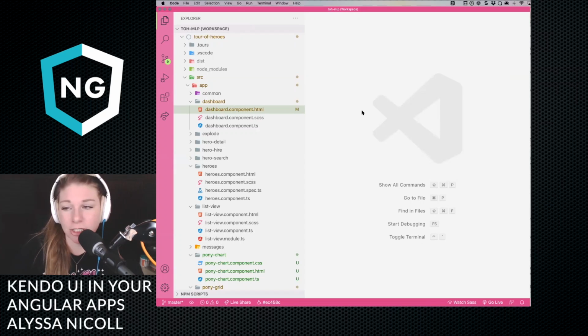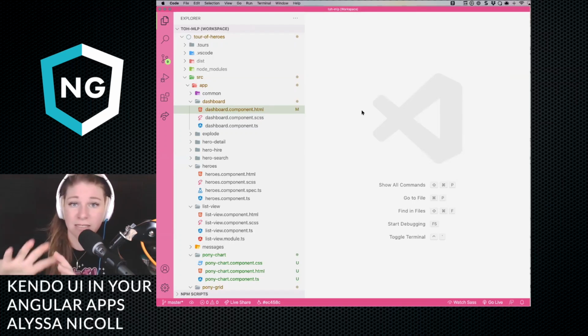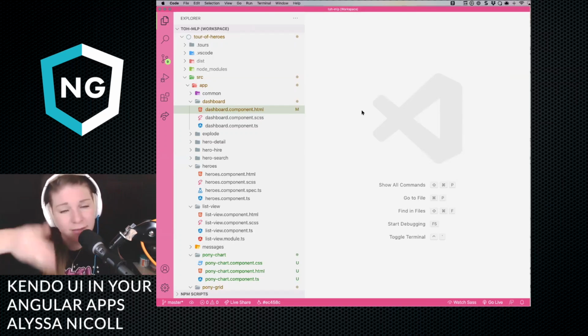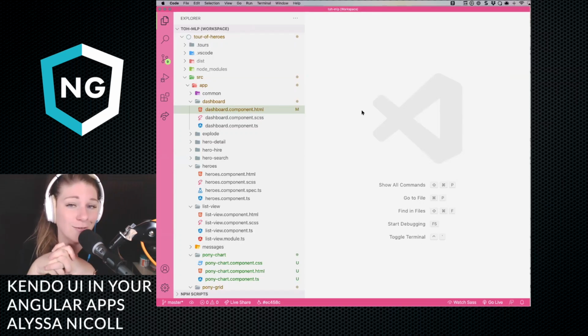First of all, as I mentioned, John Papa started this project, and the Angular docs often refer to it. Anytime you hear Tour of Heroes, or you see a demo and it's mentioning heroes of any sort, that's this project. That's the project that you are cloning down and running npm install on, or maybe you already had it, but you need this version because it has ponies.